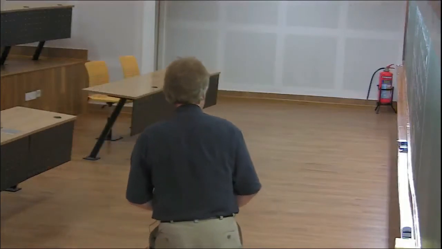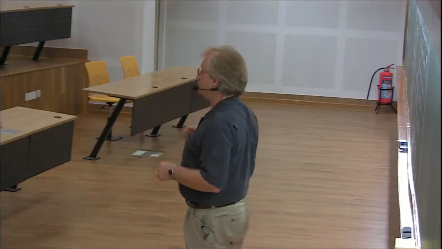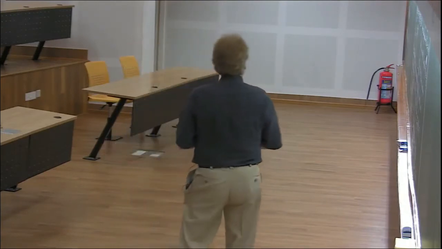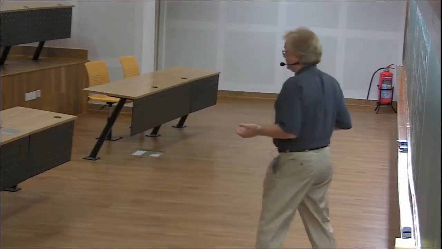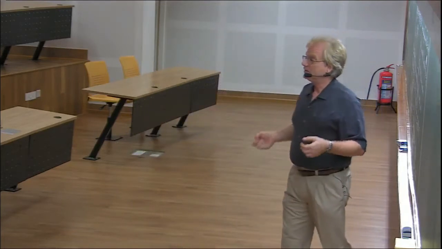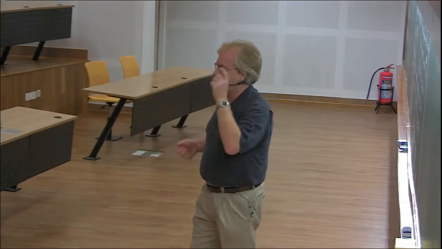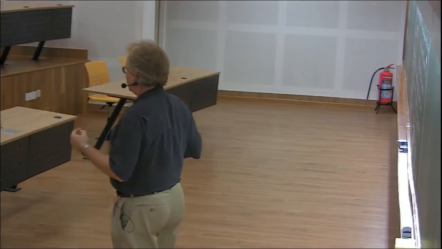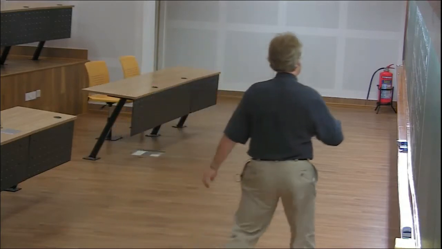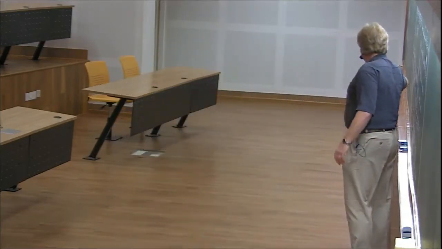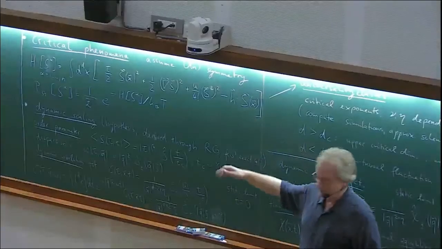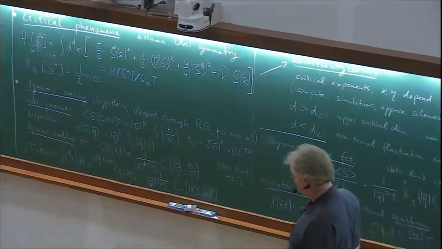Now we're going to go away from thermal equilibrium at some point, but for now this is what we have. And then I was telling you, and that's a highly non-trivial statement, that in addition to a thermodynamic scaling for the free energy density that we discussed, there is scaling for the correlation functions. And that can be extended to dynamic scaling for the order parameter, so a one-point correlation function, if you like, and two-point correlation functions, and so on. So here is the scaling form for the order parameter. I set the symmetry breaking field h to 0. You can add that and get the standard form for that as well.